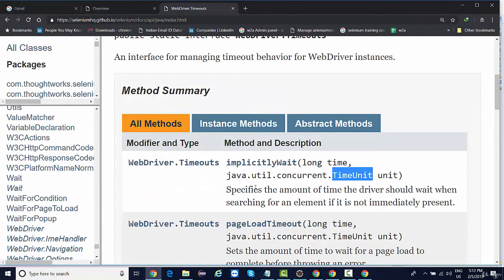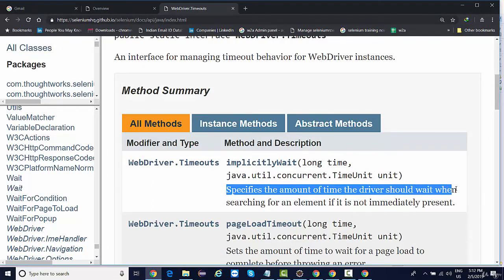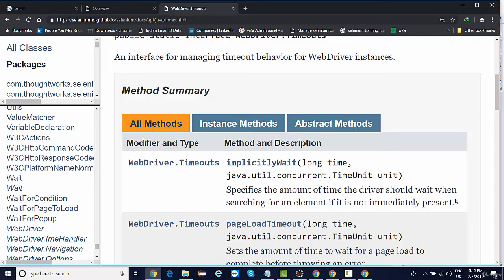Now, if you look at the definition, it specifies the amount of time the driver should wait when searching for an element if it is not immediately present. I am focusing more on immediately present. This is because implicit wait only checks the presence condition. There could be a number of other conditions as well where wait is required, right?